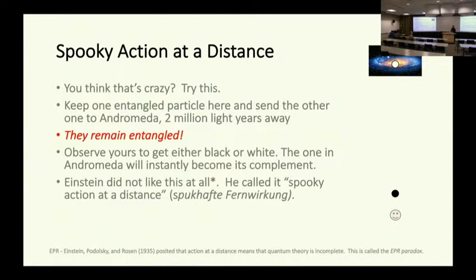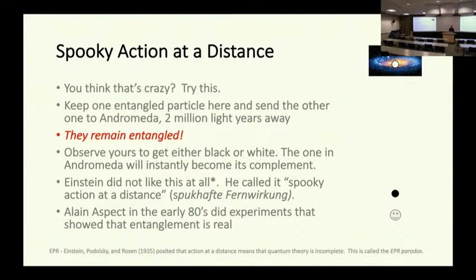So this all sort of goes back to Einstein. He didn't like all this. He called it spooky action at a distance. It sounds much better in German, so we'll not try to pronounce that. What he actually believed, contrary to popular view, is that Einstein accepted quantum theory; in fact, his Nobel Prize was for the photoelectric effect, using quantum theory to explain it. He just didn't think the theory was complete, that once it was complete, this probability stuff was going to go away and things would become deterministic again.